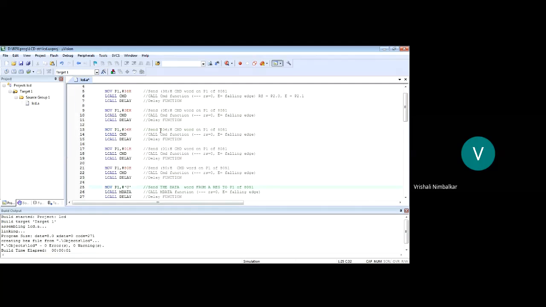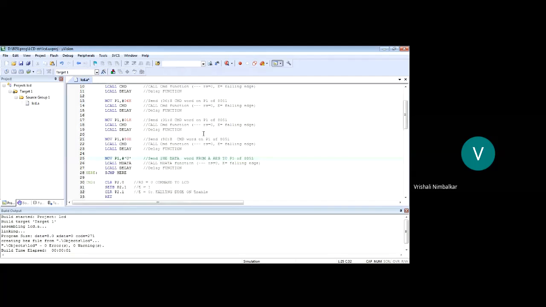Whenever you write a program, the program should be such that with little modifications, or I should say with 0 modifications, it should be able to display one character, multiple characters, or messages of any length.